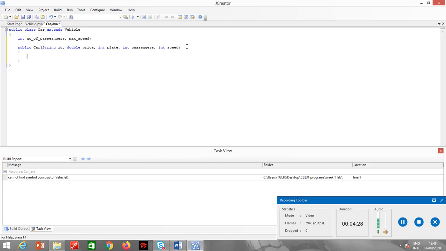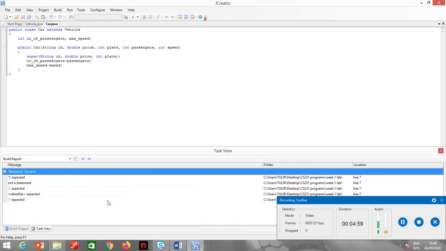So my first statement inside the constructor will be super, and then I will initialize the variables of the class car, which are number of passengers is equals to passengers, and then max speed is equals to speed.